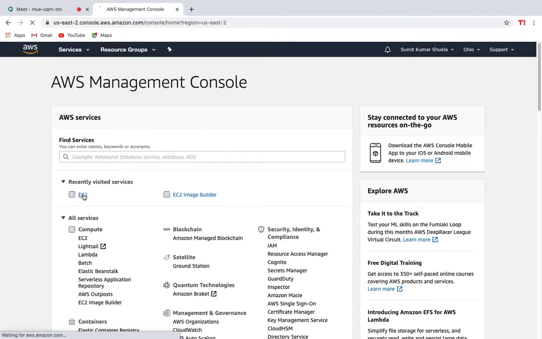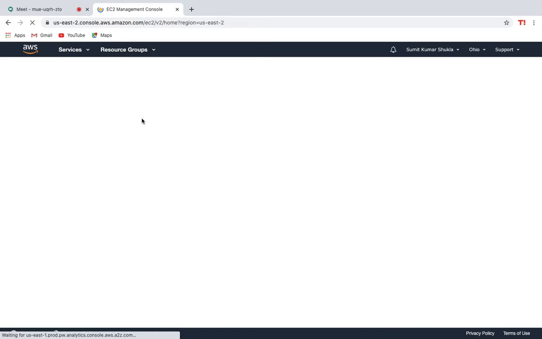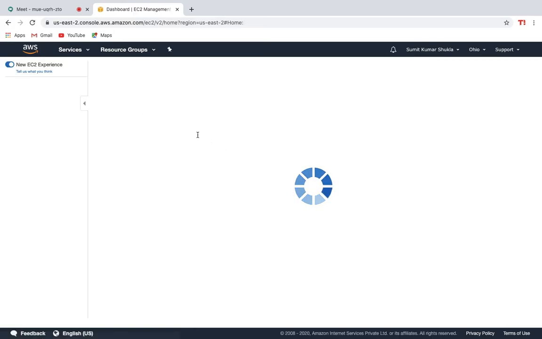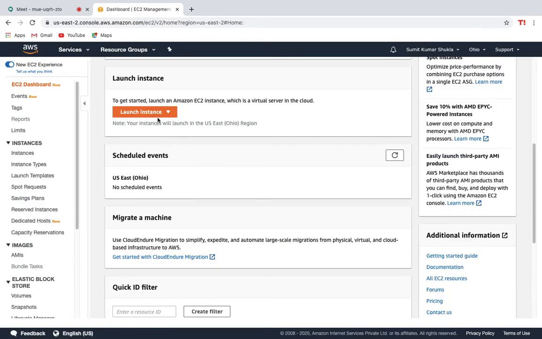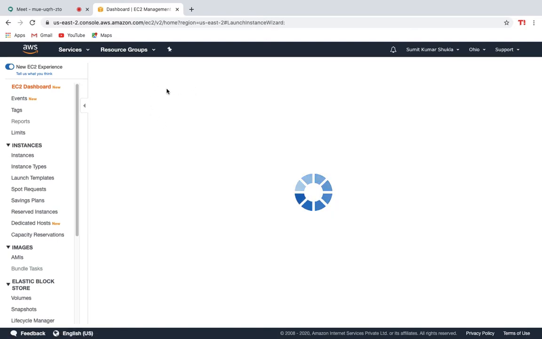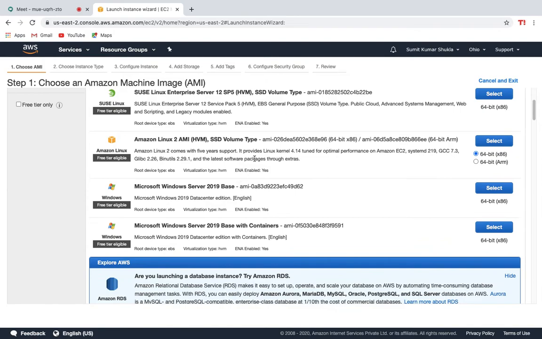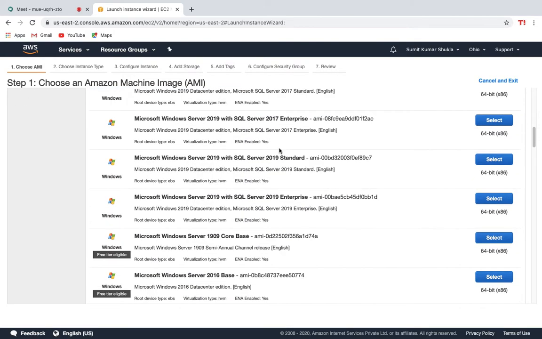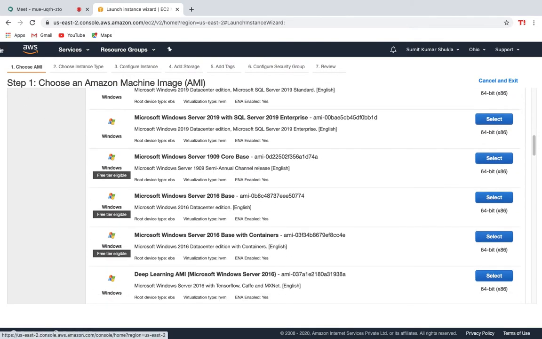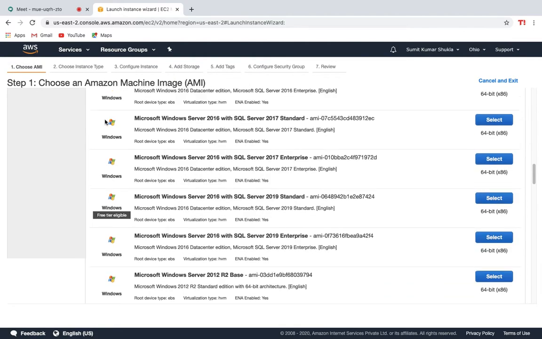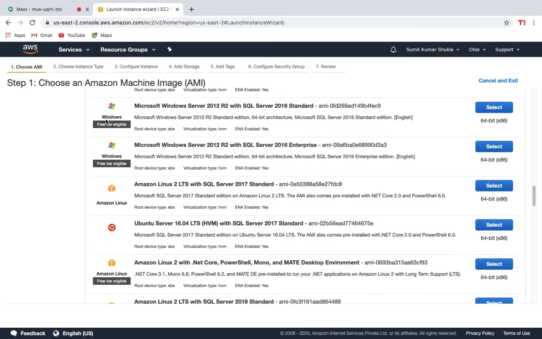You can go with your EC2. I'm giving a very small hint there. You can go to EC2 directly. You can go back to launch instance and work for your Ubuntu. So you can go with anyone here. Where is your Ubuntu? You can find it out. You can see here it's Ubuntu HVM.